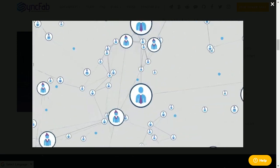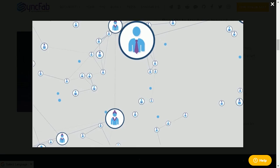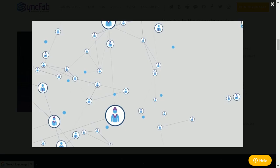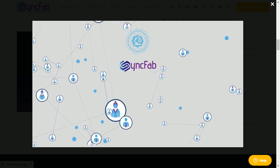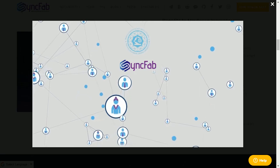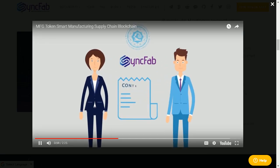Therefore, most suppliers today are looking to move towards a blockchain, the backbone technology behind Bitcoin, which stores all the supply chain information data in blocks with timestamps and shares it across the whole cryptocurrency ecosystem with a secure digital signature. SyncFab is a US-based Silicon Valley technology company that dynamically connects innovators and manufacturers through the world's first peer-to-peer blockchain for the manufacturing supply chain. Source, collaborate, and manage all your supply chain parts production, on demand and in real time. Powered by the MFG